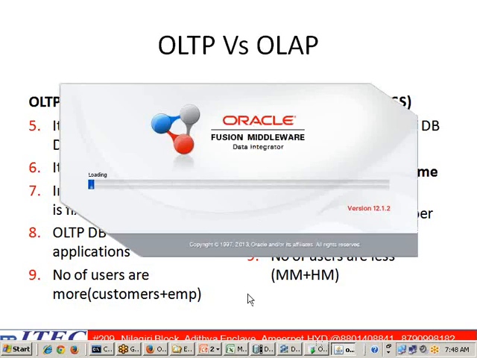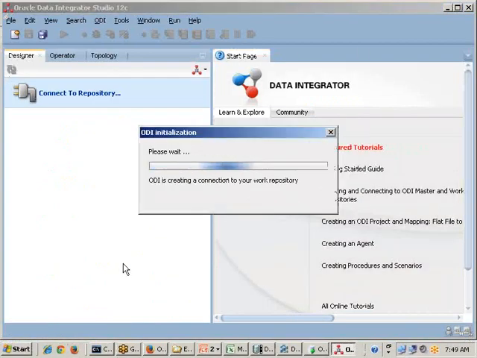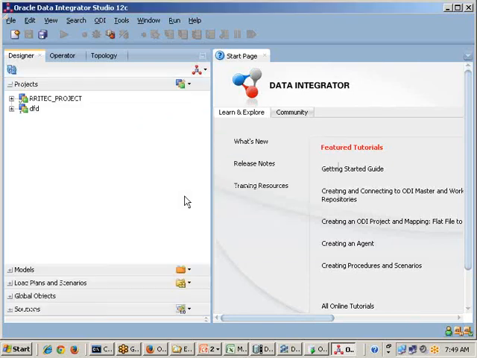It's trying to open. I'm connecting to the repository. Let us say this is the B102 batch. The version in ODI is 12c, sir. 12c, c stands for cloud. Oracle is slowly jumping everything to the c level. That means the database is jumping to Oracle 12c, and slowly all these products are going to jump to the